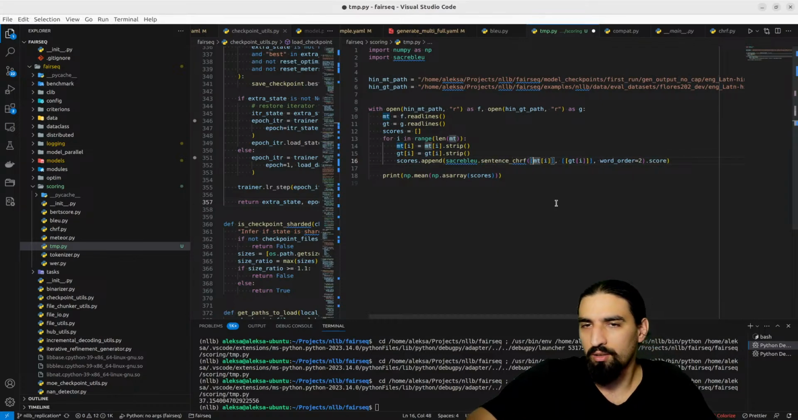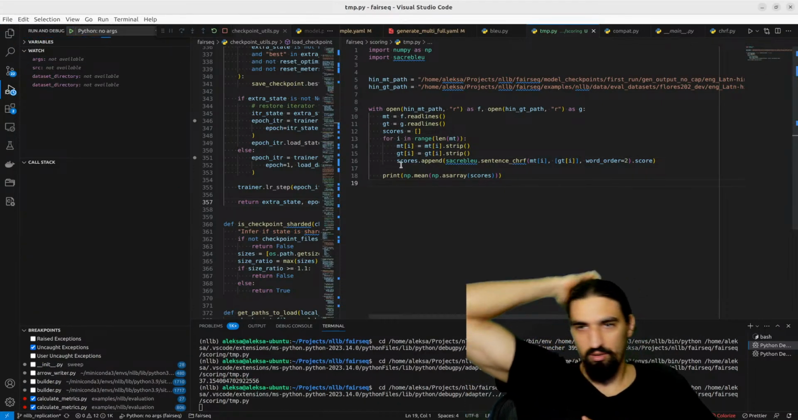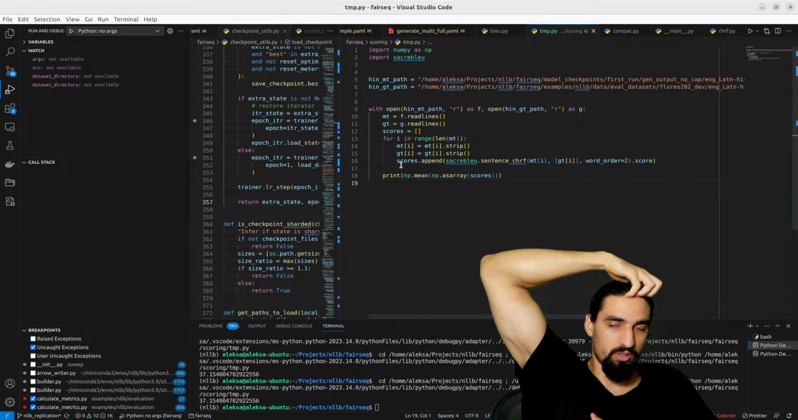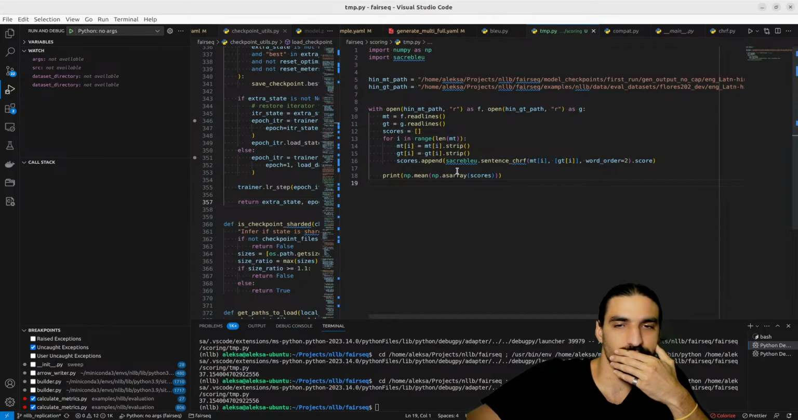sentence, and then remove one parenthesis and remove the second one. Will this give us the same results? Moment of truth, I do expect it to be equivalent. 37.15, that's it. That's it. Now,